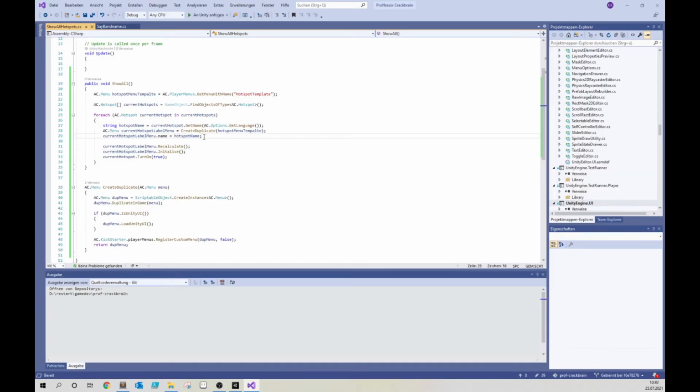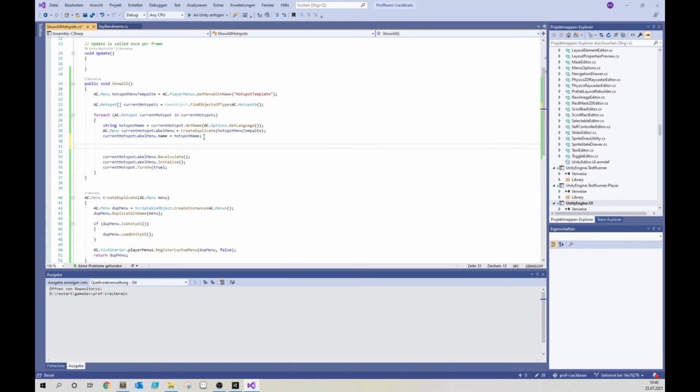So let's go here and say this is the current hotspot that we are working on, and we should do it the other way around. I think we have current hot... Why is it not proposing anything? Current hotspot label menu, and now set hotspot, so that it knows where to show. And the hotspot that we want to set is the current one, where we also get the label from. So